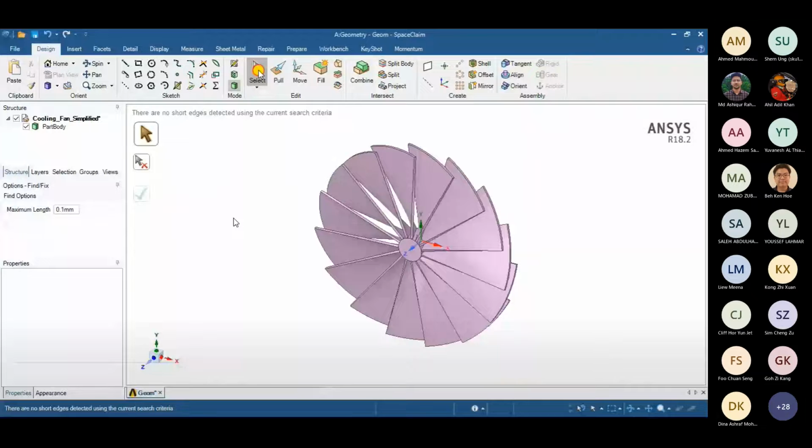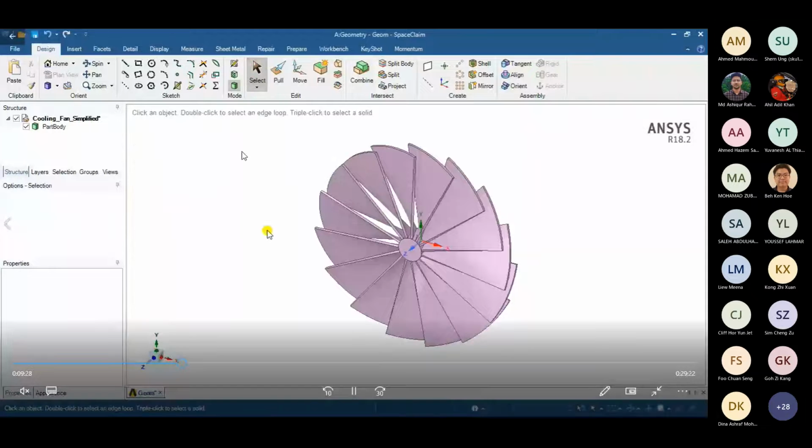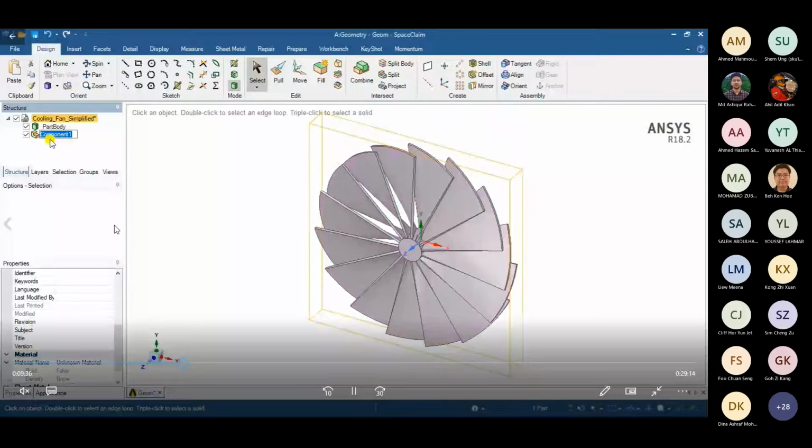Now once you are in the part body, you have to create two kinds of frames: one is a rotating frame and the other is a stationary frame.